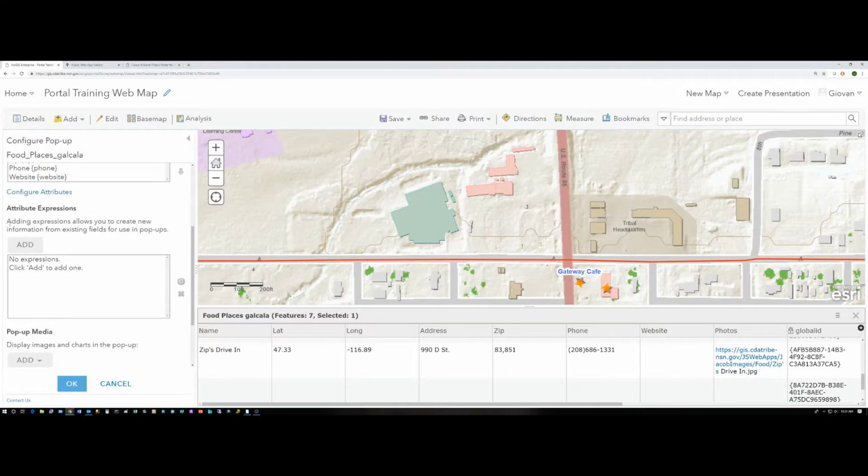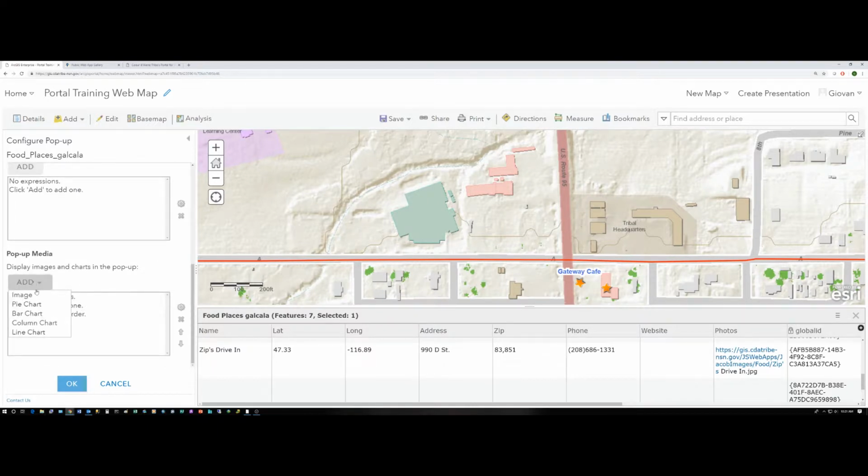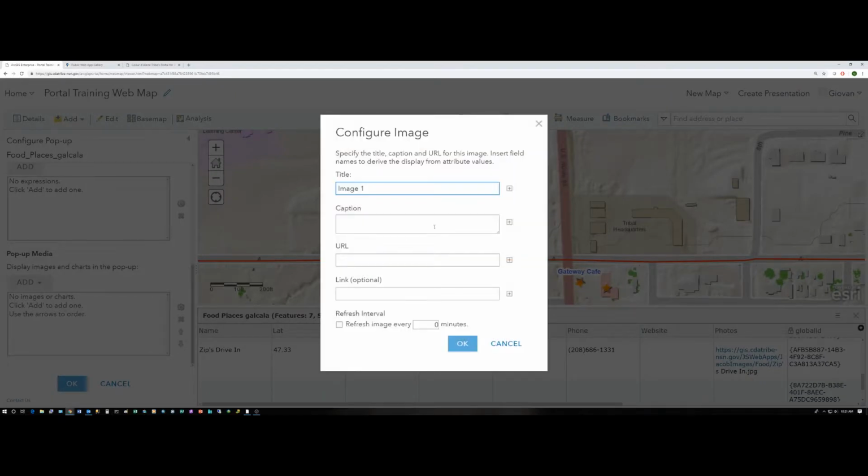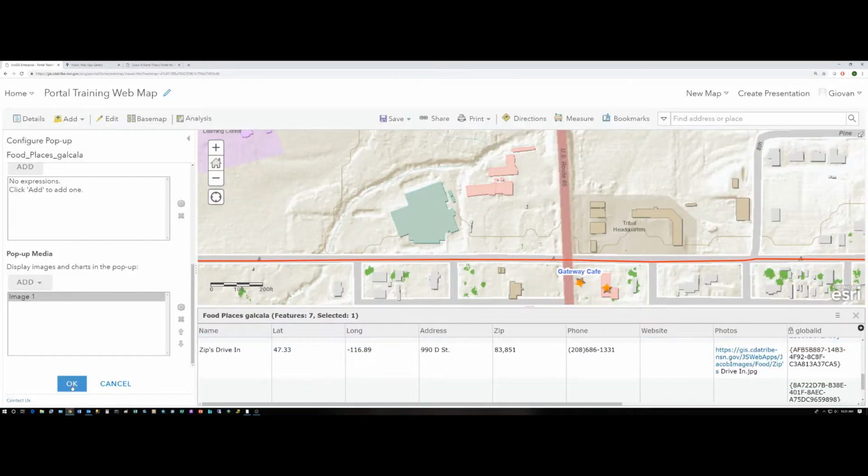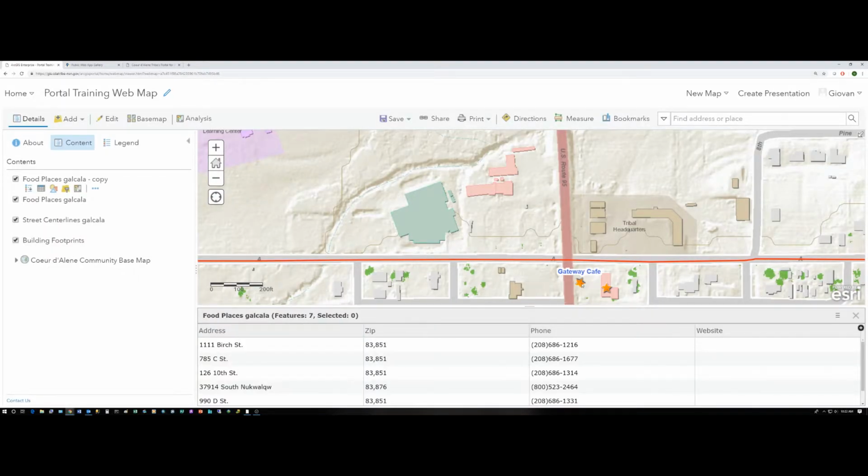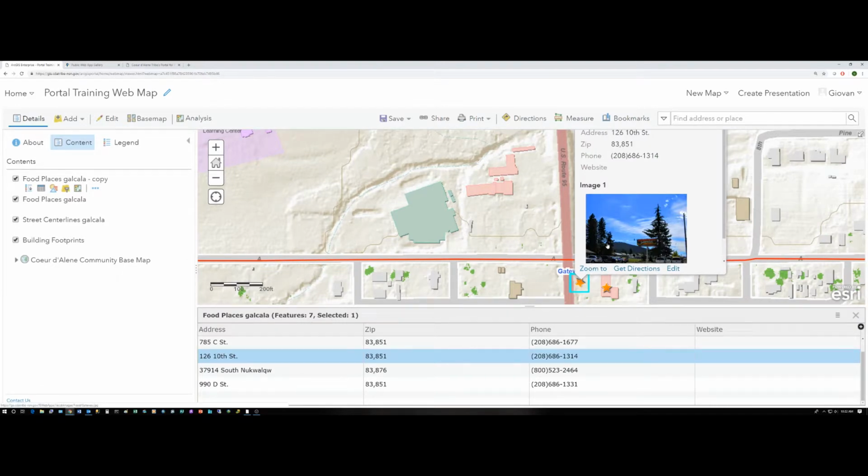Going to pop-up media. We're going to add an image, the URL. I'm going to do photo, leave optional. Do the photo. Okay. There we go. Okay. The title, so let me just go back and show you a little bit more of